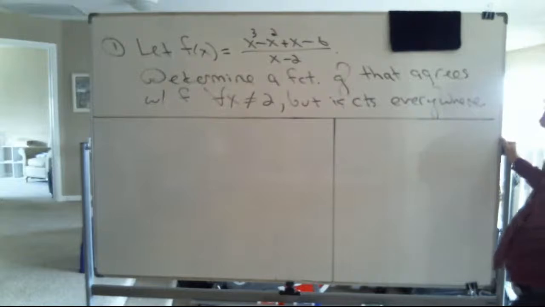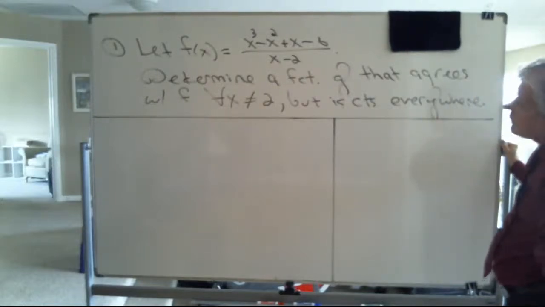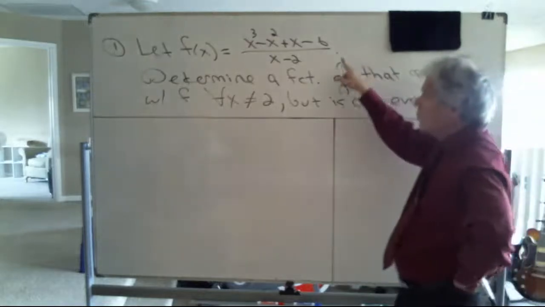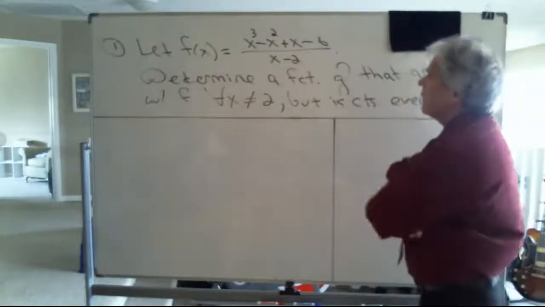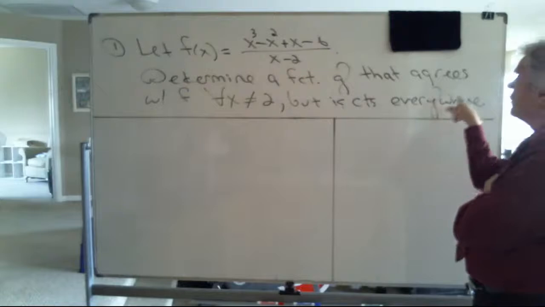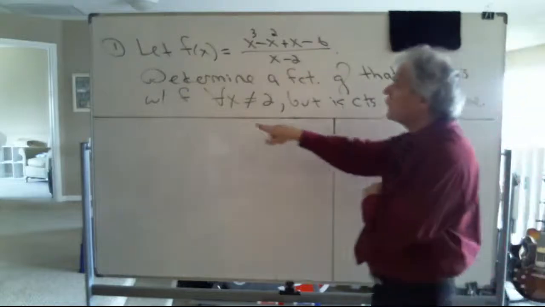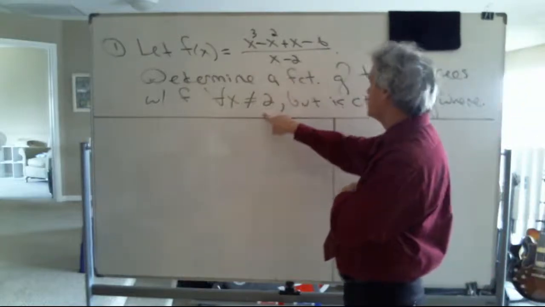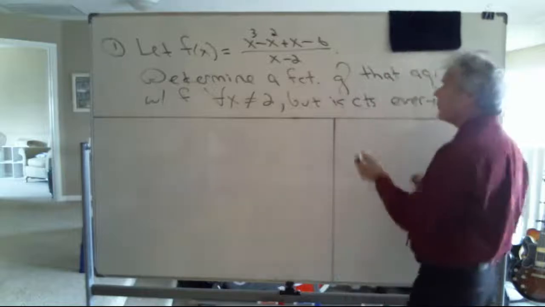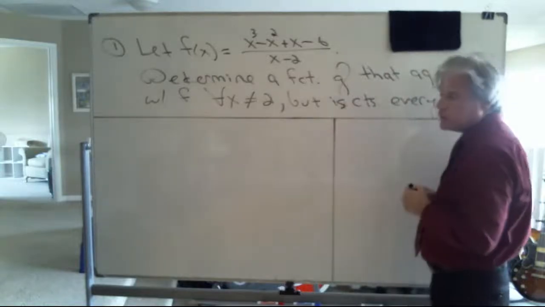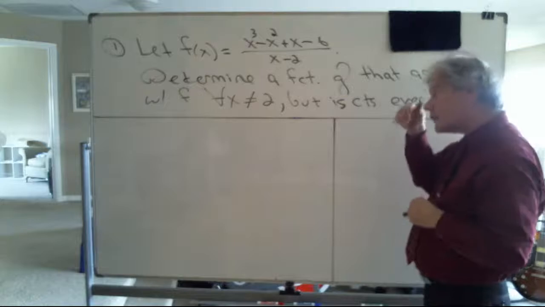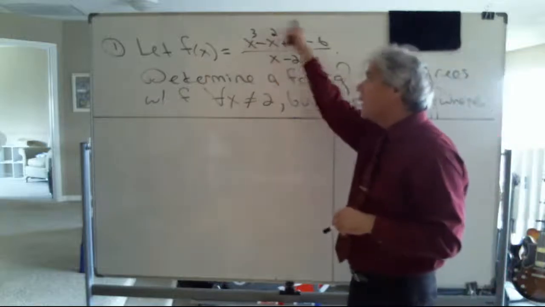I try not to panic and find some ways to attack this whole issue of continuity, so here I go. Let's let f of x be equal to this rational expression. Let's determine a function g that agrees with f for all values of x other than 2, but is continuous everywhere. Now, I make the assumption that you've read this section of text, you understand that rational functions as well